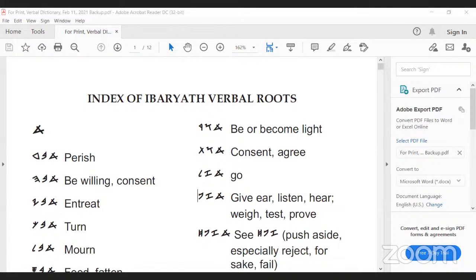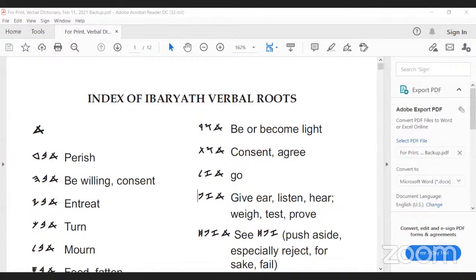So Abadah, and the meaning here is perish. Now, when we deal with words, we know words are something different than roots, right? Words are different from roots. Roots are building blocks, the building blocks of words, okay? Very key information there. Roots are building blocks of words. So what are we looking at? We're looking at the building blocks of words, okay?